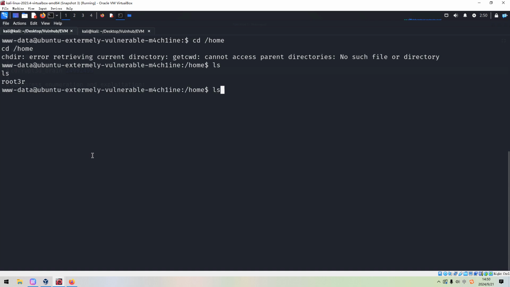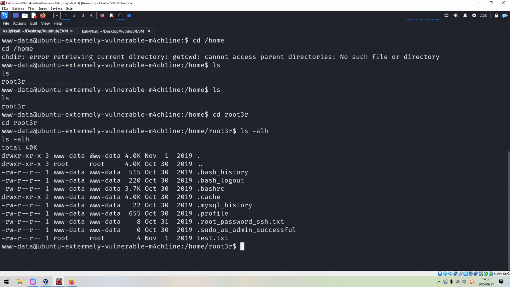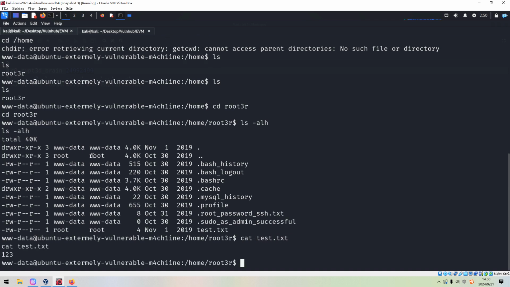Just one normal user, root. And we can get the test, 1, 2, 3, nothing important. We can even retrieve this root password, very, very easy.